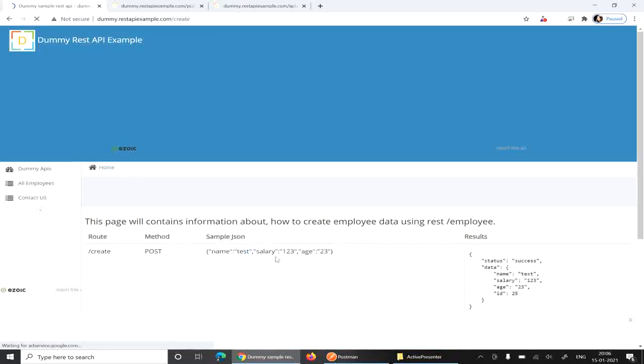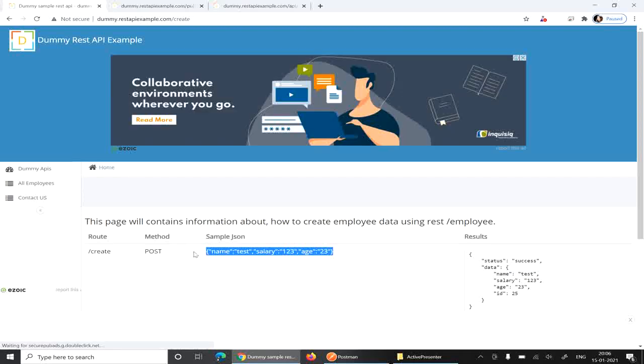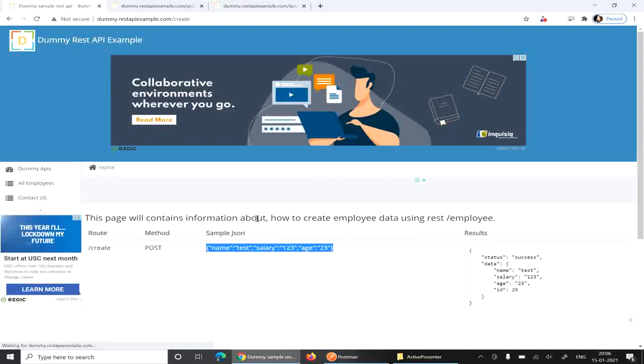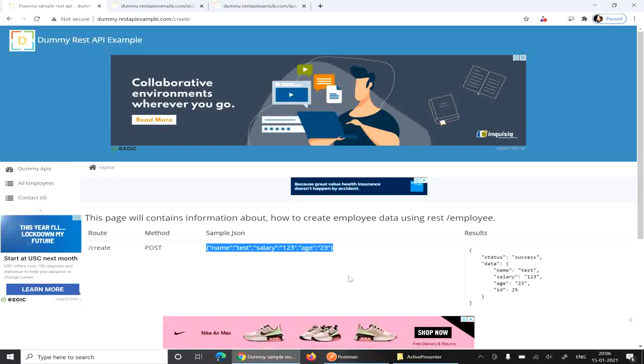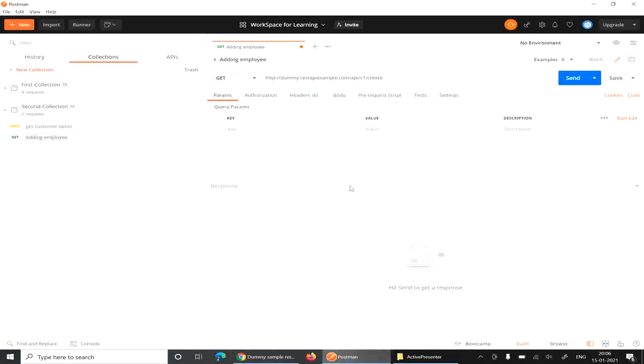So click on that and copy this JSON value. This page contains the information about how to create employee data using REST employees. So let's move into Postman.